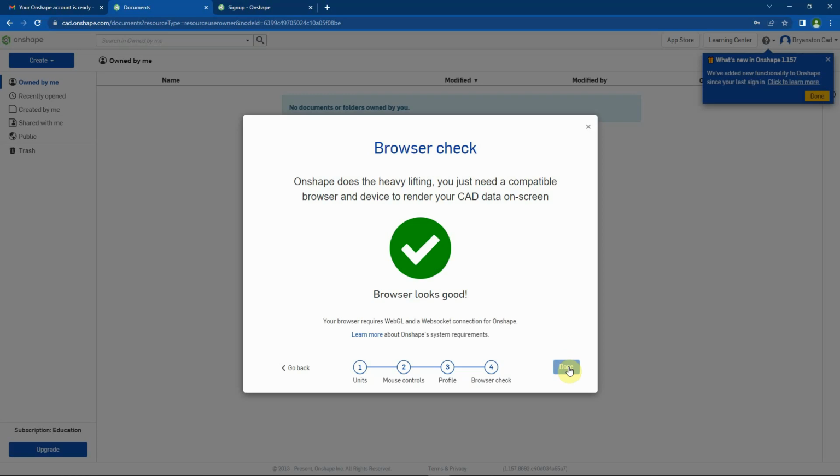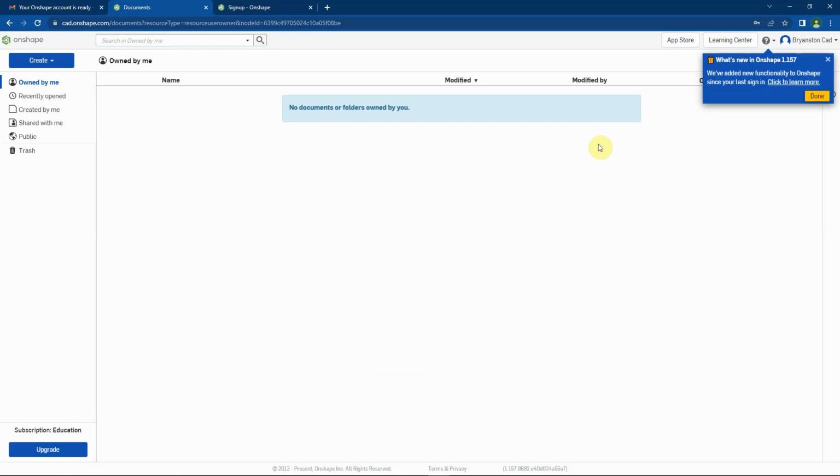The joy of this piece of software is that it uses a cloud to store the information, and it's run on the cloud. It doesn't take up any of a footprint on your personal computer. You can run it on a Mac, you can run it on a PC, you can run it on a mobile phone, you can run it on a tablet. All those last two sort of devices are more limited in what you can do. So you can see I'm now into the software, and there is not a lot going on. In the first tutorial, I'll take you through how to create a folder and how to create a document. But for the moment, that's as easy as it is for setting up your